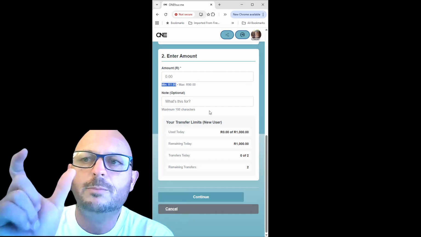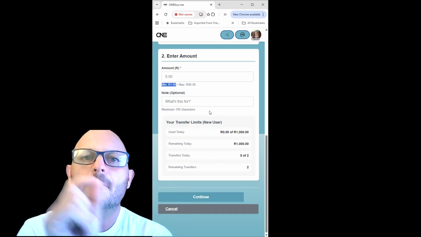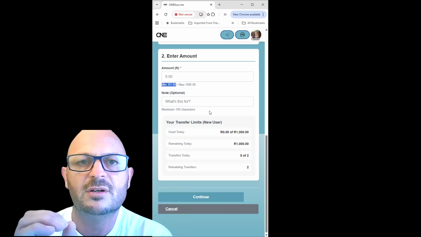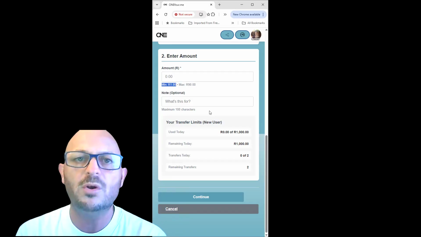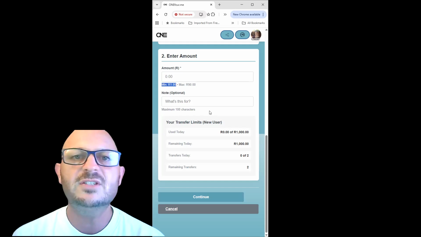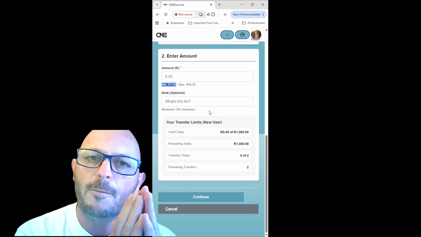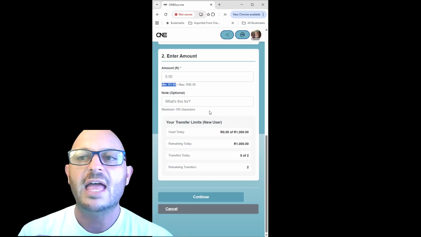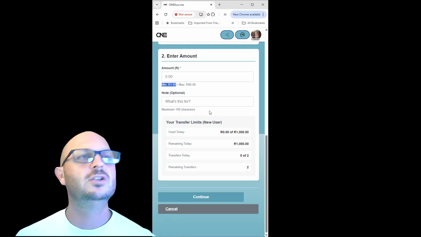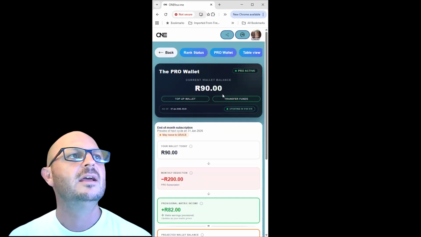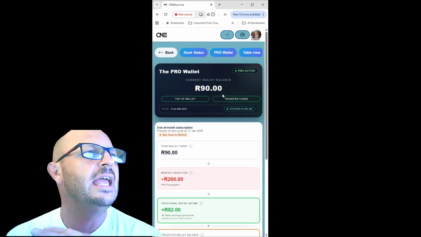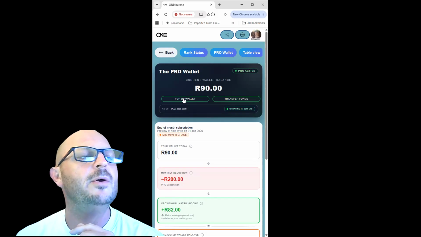So 12 rand will put them from grace, minus 12, to 0. Then the system will allow you to transfer that 12 rand from your account to theirs, or even if it's just 8 rand, just to go from minus 8 to 0, and you want to help that person, you can do it by doing a wallet transfer.